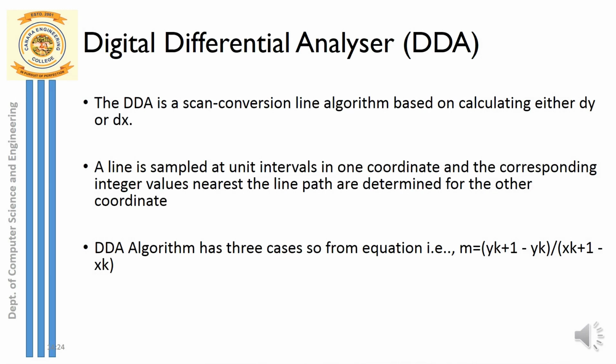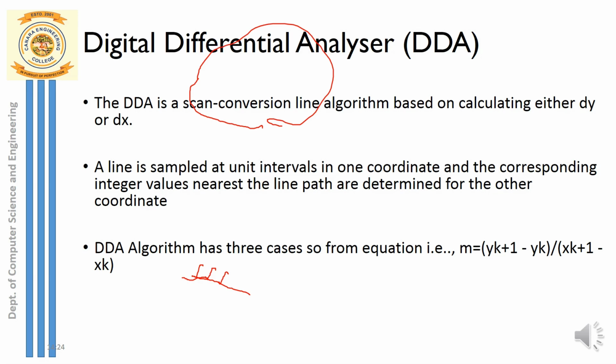DDA. The full form of DDA is Digital Differential Analyzer. We can call this particular algorithm a scan conversion algorithm. What is the meaning of scan conversion? Why the word scan conversion? We are basically selecting or generating pixels in order to draw a line. In order to draw a line, we select various pixels to generate it, right? So that is why we call it scan conversion. What do you mean by a scan? Scan is nothing but an array of pixels actually. So you select a series or array of pixels in order to generate a line.